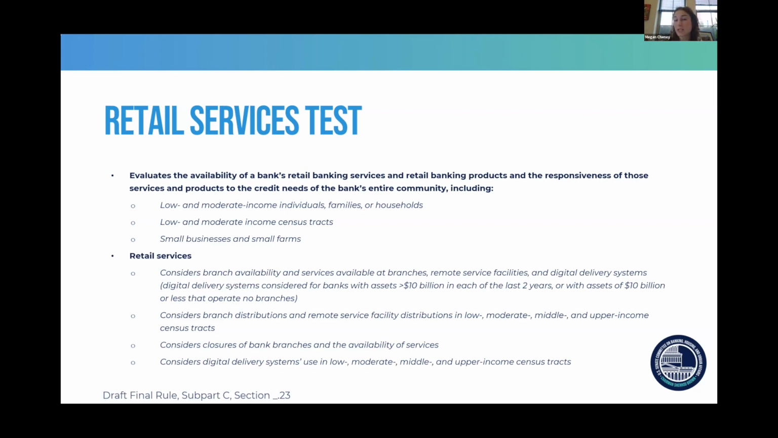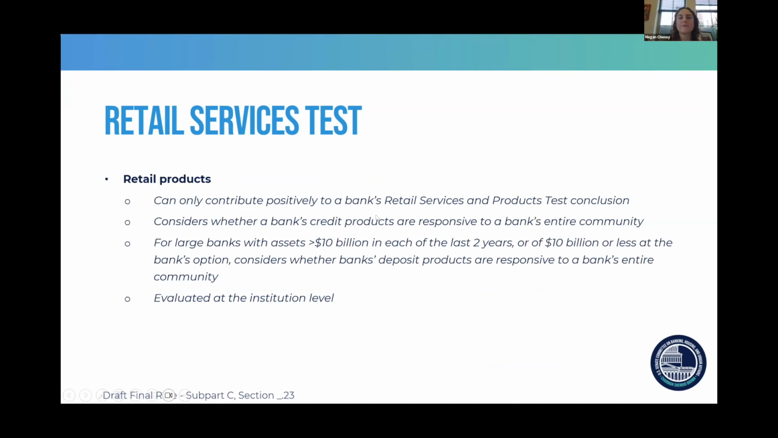Considering distribution of branches, and also any recent closures or openings of bank branches, as well as how much digital delivery systems are actually being utilized by low, moderate, middle, and upper income census tracts, and how that's breaking down. And then for retail products, this one can only contribute positively to the overall conclusion. So the services can go either way, I guess, but the products can add to or enhance the performance score